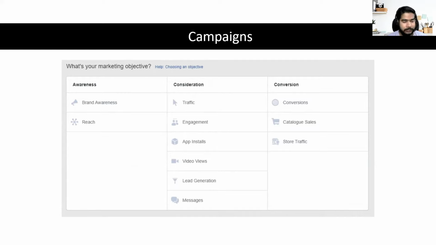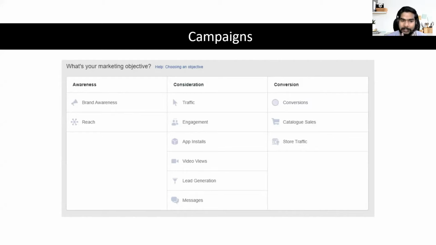Another example can be, let's say some blog. They don't want sales and leads. They want people to read their content. Another example can be messages. There are pages where they want conversations to happen. Another can be brand awareness, like Pepsi and Coca-Cola. They don't want leads, they don't want traffic, nothing. They just want to promote their message that this is the product. They want to promote an emotion, right? Maggi, Coca-Cola, Nestle, Pizza Hut, they are not selling anything right away from the ad. They are just making people aware about the product.